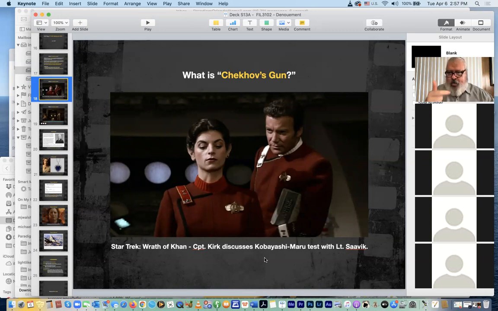It's a test that analyzes and judges the character and fiber of a commanding officer. And then Savick acknowledges that she based her own performance on the same performance that Captain Kirk gave when he took the Kobayashi Maru as a candidate in officer training in Starfleet. And so it becomes the basis for an underlying theme within the story of The Wrath of Khan,